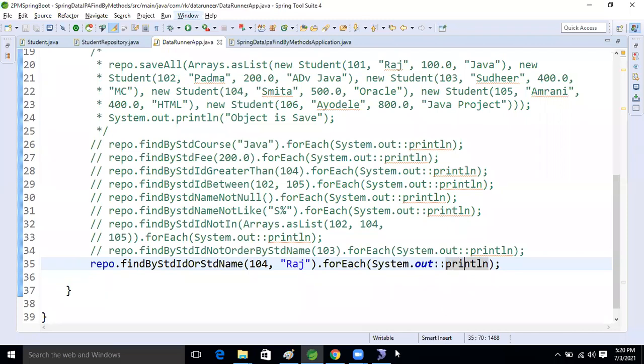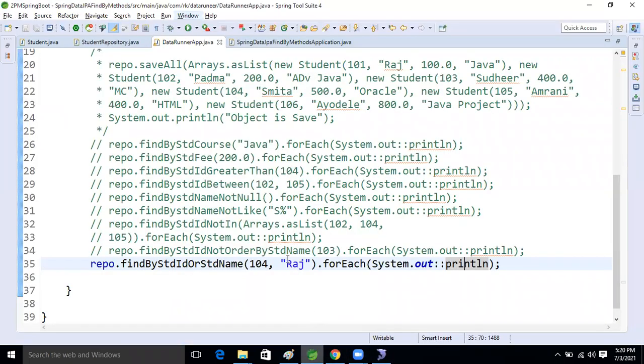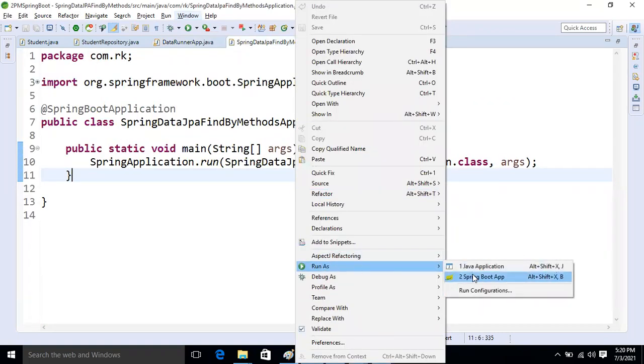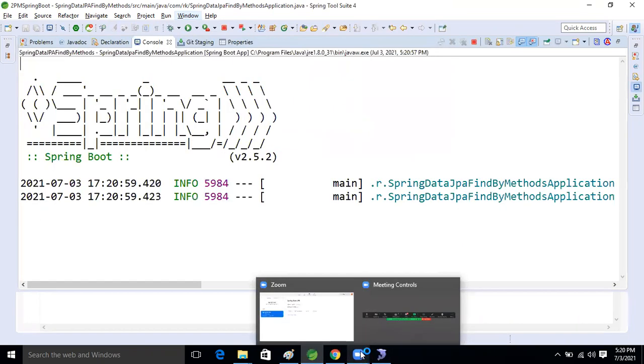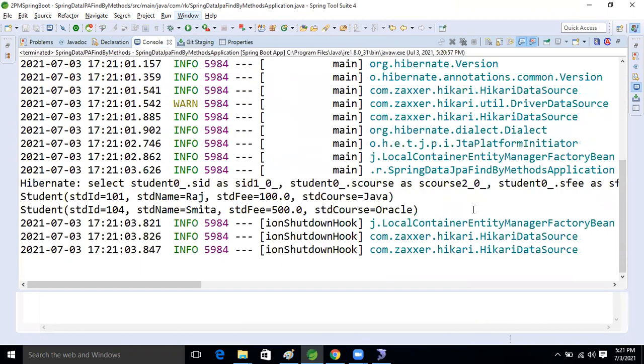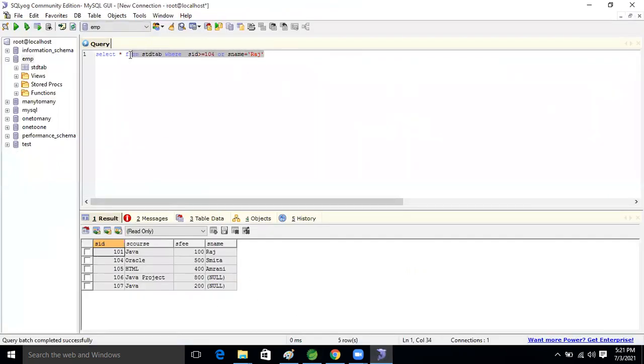So what is our result now based on this query? This result, right? 101, 104, 105, 106, 107. So this is the record, our expected records are there now, guys. Now right click. Only 2 records we are getting. Why are we getting 2 records only?